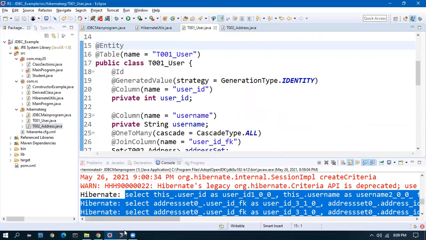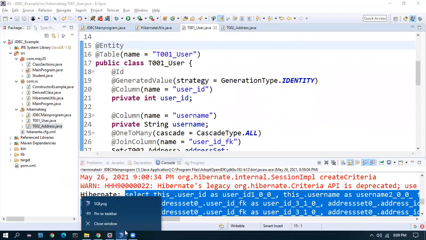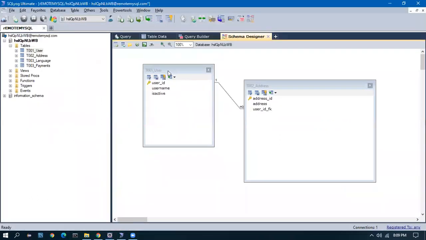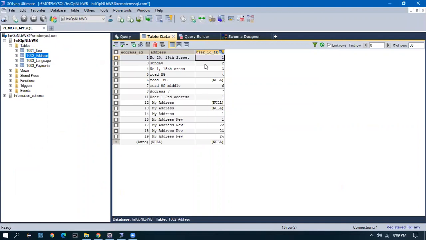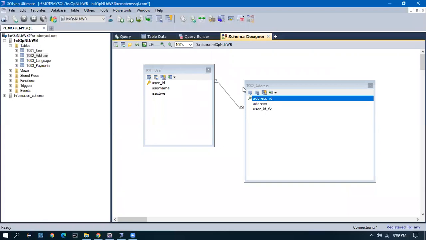What we did yesterday was this structure: user. For every user record, there are multiple entries in the address table, meaning the address table might have more than one record with the same user. See, 1, 1, 1, 1. This is what one-to-many means. One entry in the user table will have multiple entries in the address table.